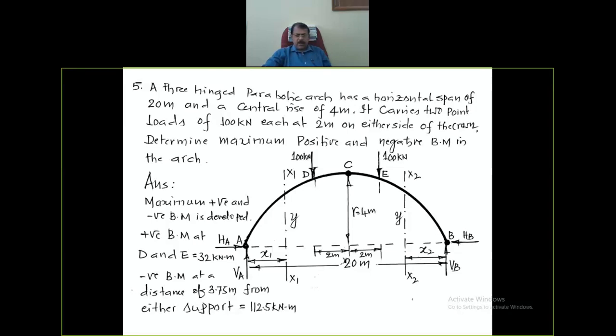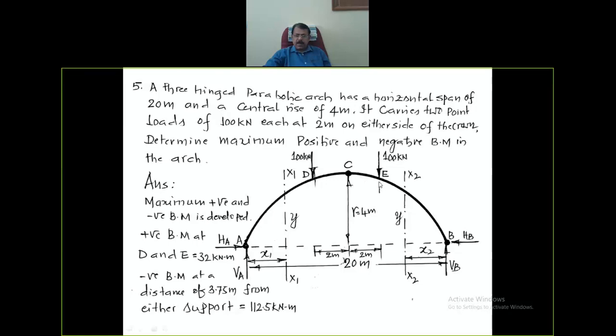For calculating the value of the horizontal thrust, we have to make use of the condition that moment about the crown hinge must be equated to 0. After obtaining the value of horizontal thrust, HA is equal to HB, that is equal to H, because this arch is subjected to purely vertical loads. Once you have calculated the vertical components and horizontal thrust for this problem, calculate the bending moment at the point D, that is at the loaded point, and calculate the ordinate at the point D, because the distance is known, that is 8 meter from the point A.